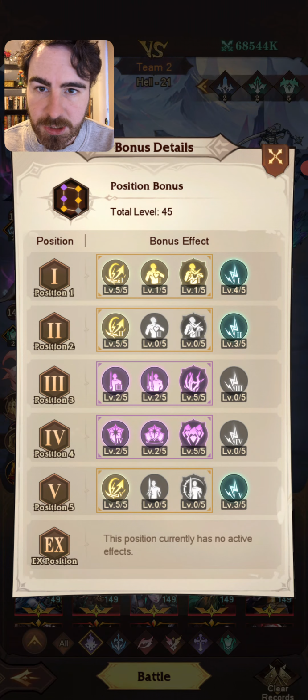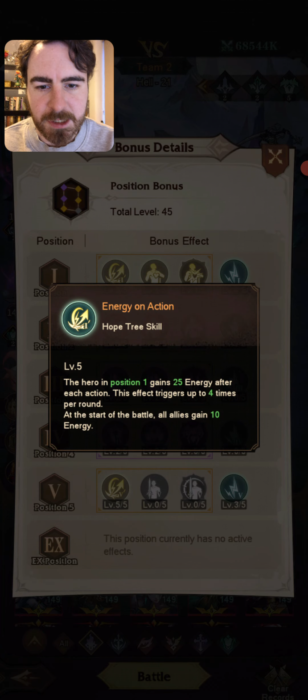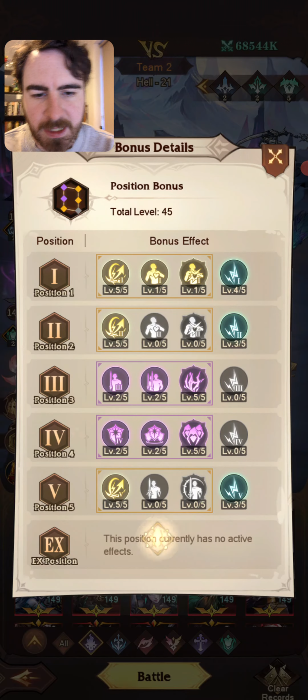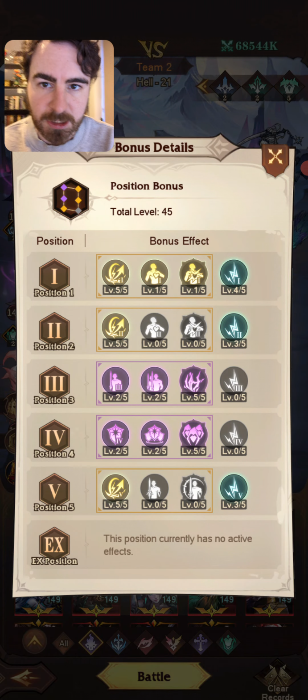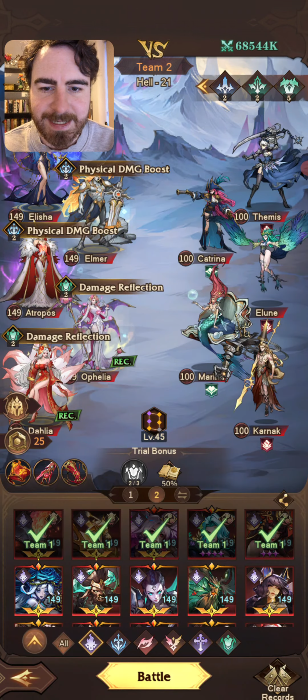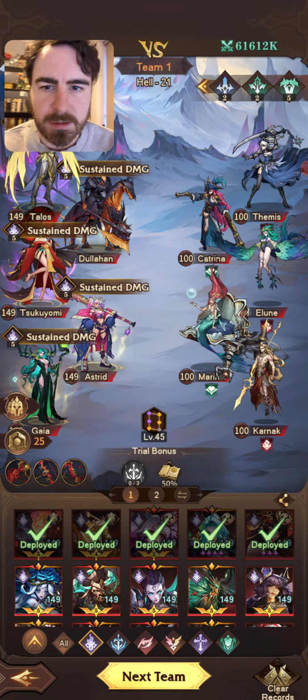This is the Hope Tree. As you can see, I've got 5 energy build up at the very start. Position 1 gains 25 energy after each action. This effect triggers up to 4 times per round. And at the start of battle, all allies gain 10 energy. So what this means is we should start the battle with 30 energy, because it's the same for all of these. And every time we take action in this energy slot, we should...